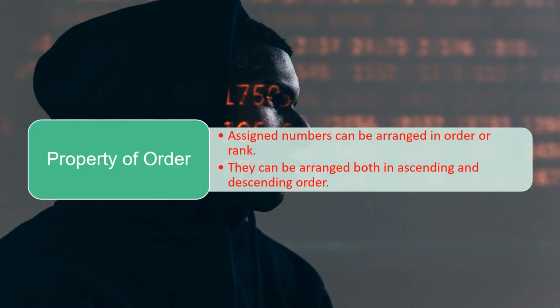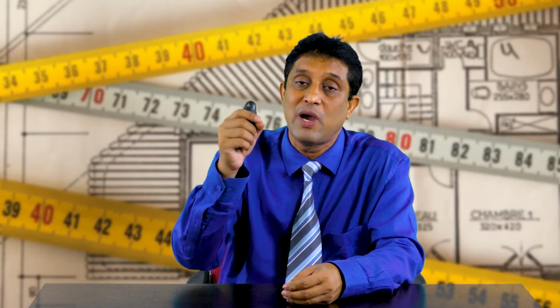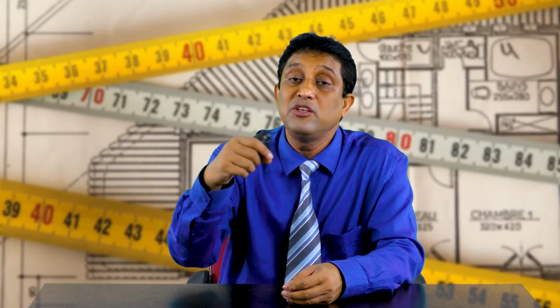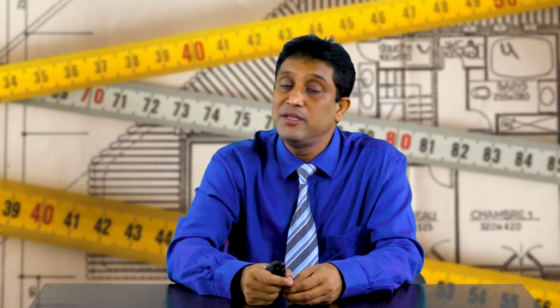You can take the example of different rooms in your hostel. You can also take the example of the room numbers in a hotel. You will find that on the first floor, the numbers start from 101, 102, 103 accordingly. Then on the second floor, the numbers start from 201, 202, 203 accordingly.